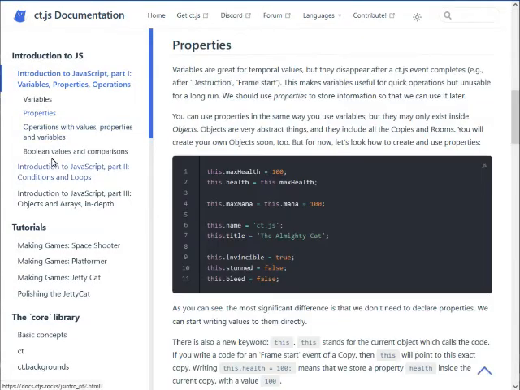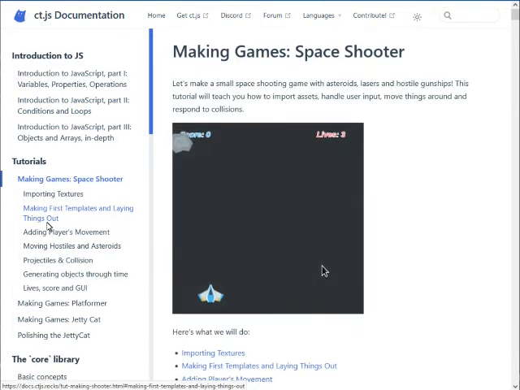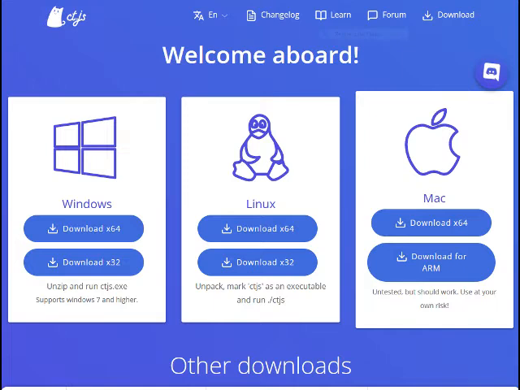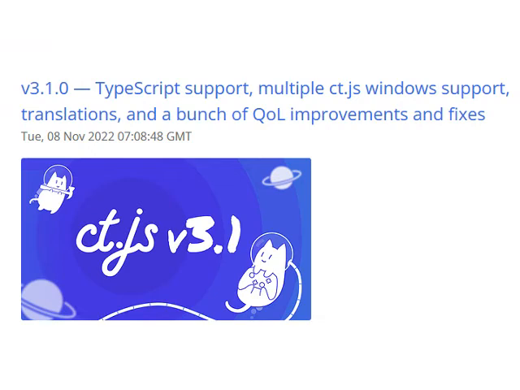You can use a mixture of all three. There is a lot of CTGS documentation on the editor's web page. In the text below the video I will add links to the web page, and there you can also download the editor. I am now using the 3.1 version, which at this time is a pretty new version.